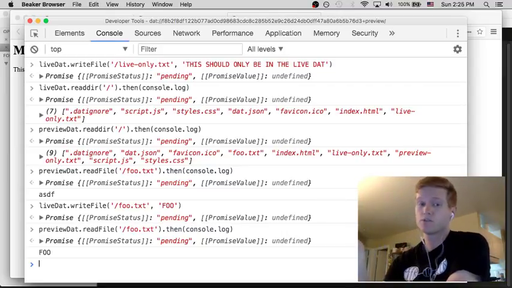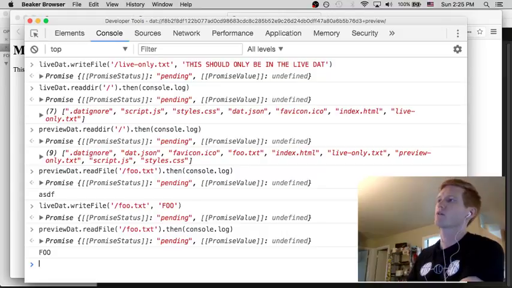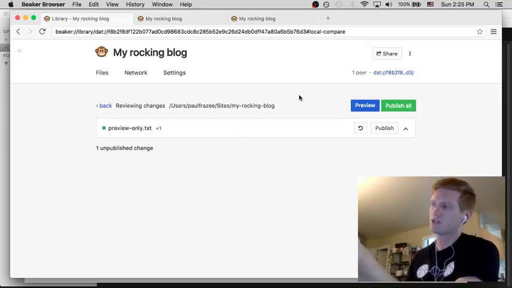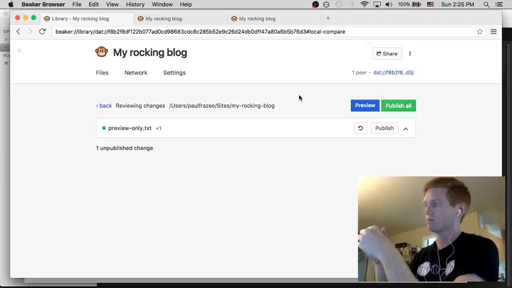Again, we didn't originally do this. It's not the thing that I would expect normally out of this tool set. I would expect the two to be considered separate. We did this because what we found was if you make a change to the live dat, and it's really common that you make a change to the live dat because maybe you store user data in the live dat. So if you've got like a Fritter app, for instance, a Twitter clone, and they post a new